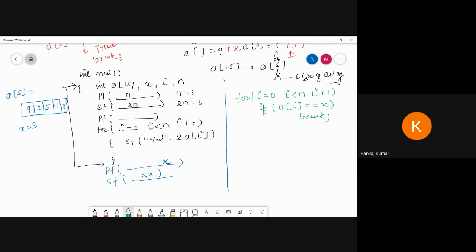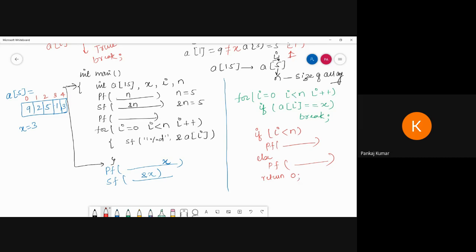Suppose I want to print, now see, understand. These are the index numbers 0, 1, 2, 3, and 4. Suppose I want to print the index value. So what do we have to write? I am going to write again: if i is less than n, then printf the index value, otherwise else printf "no value will be found", and then a return statement, and this will be closed.